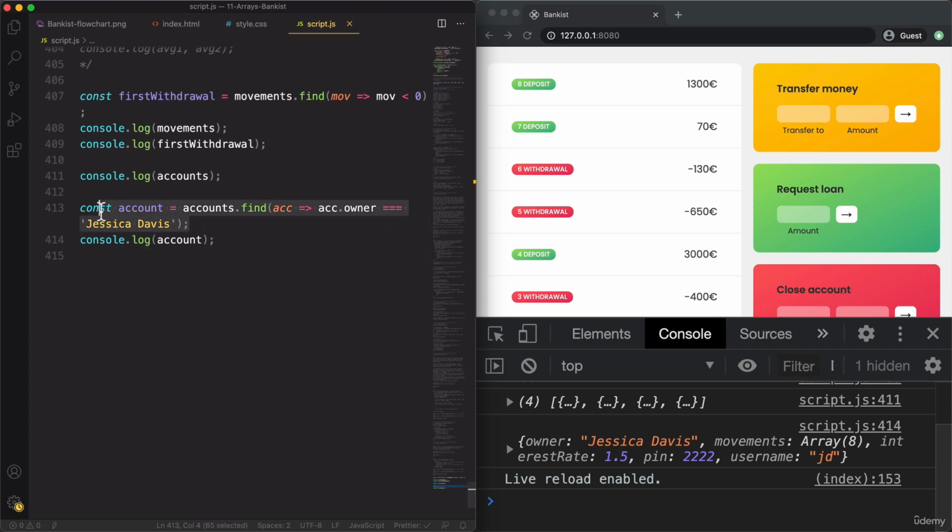Now, I'm going to leave it to you here as a challenge to implement this functionality using the for-of loop, just like we have been doing with some of the other methods, like map and filter. We have also been implementing these using the for-of loop just to see the difference. But now I'm not going